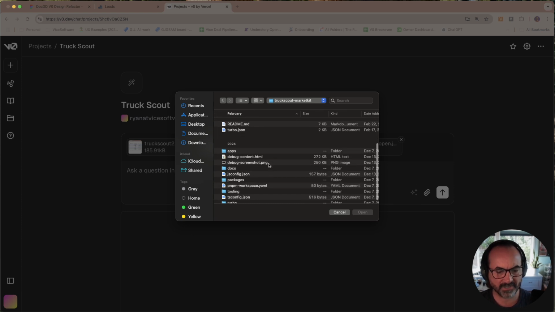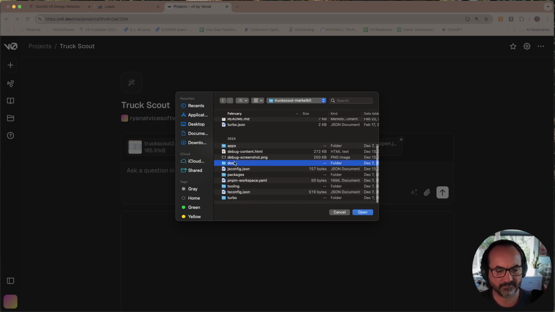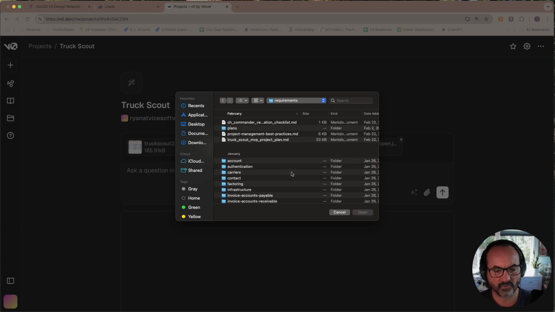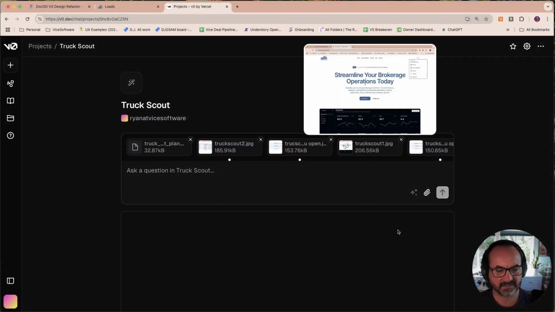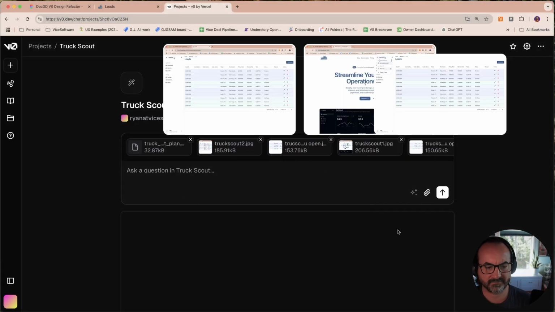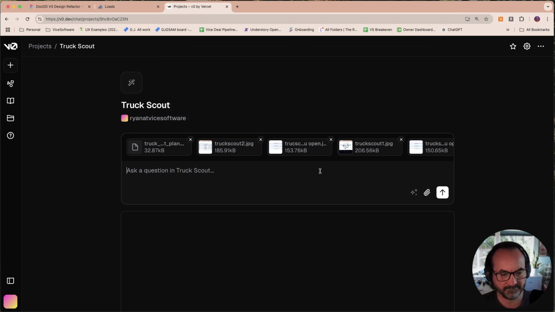I wish you could sort by name. There's going to be a docs directory, and in that docs directory, we'll have a requirements directory. And this Truck Scout MVP project plan has a pretty good description of what the app is going to do and the major entities. So what I'm going to do is say,